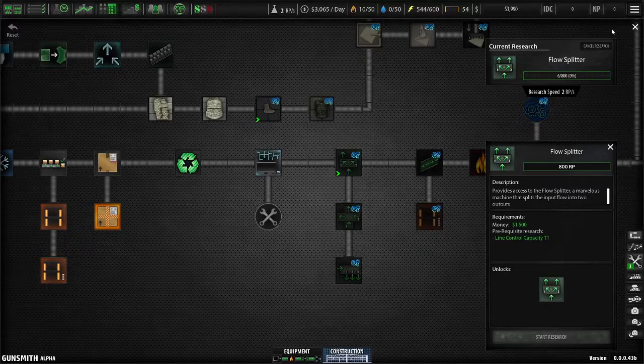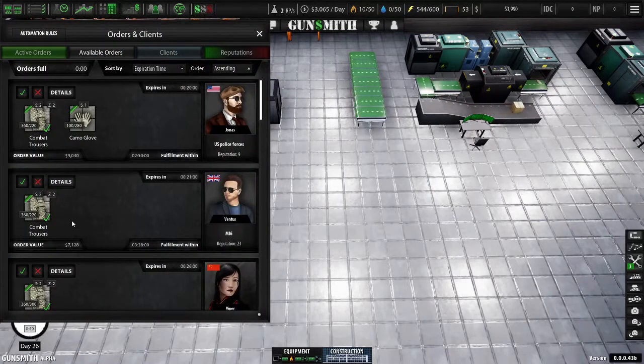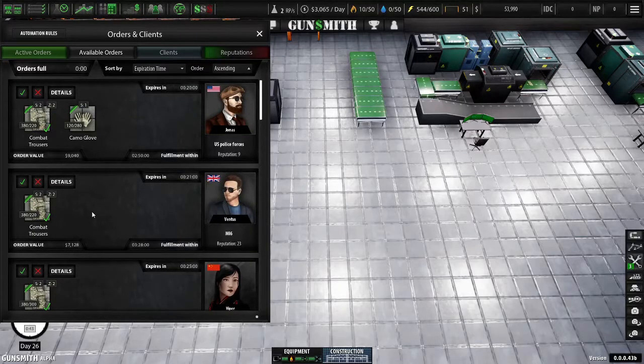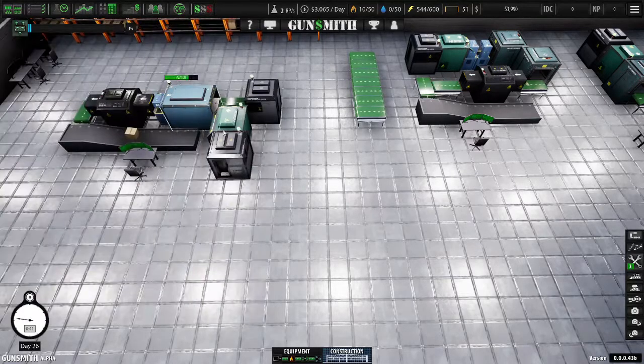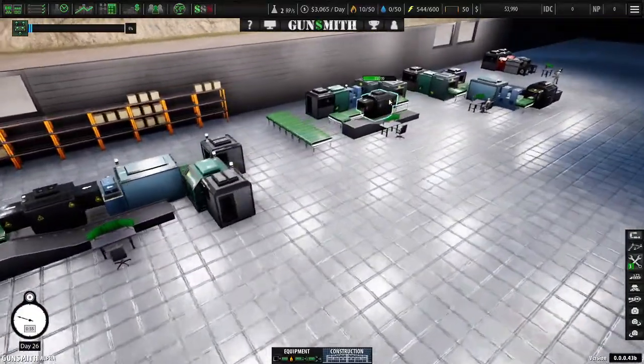We're kind of running low on money, so we got to keep an eye on our orders and make sure we're selling when we can. So yeah, we'll keep an eye on that. We'll keep the orders going. We'll keep these going, and we'll probably end up...